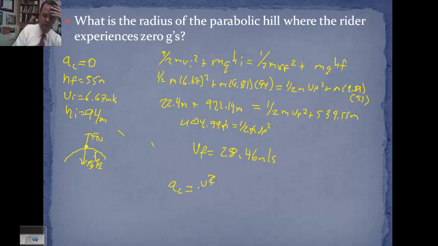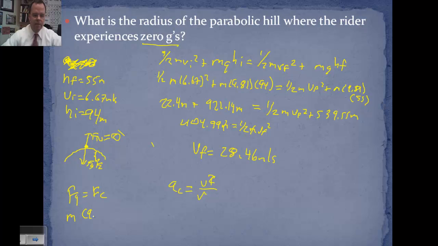ac equals v squared over r. So in this case, the 0 Gs, this is a little misleading. The 0 Gs experience means that they experience a normal force of 0. So it feels like they are weighing 0. So to experience a normal force of 0, our Fg has to be equal to our Fc. So Fg would be mass times 9.81. Fc would be mass times centripetal acceleration. So in this case, our centripetal acceleration has to be